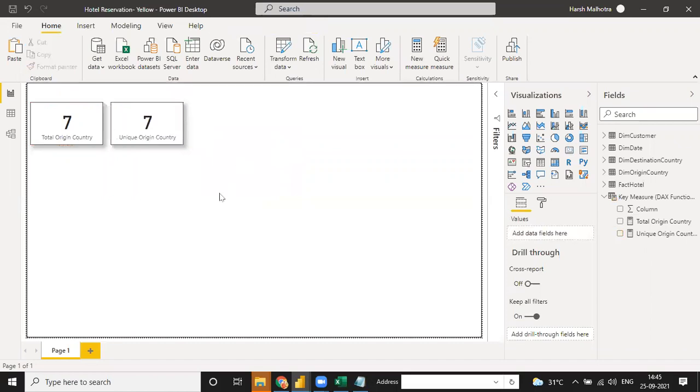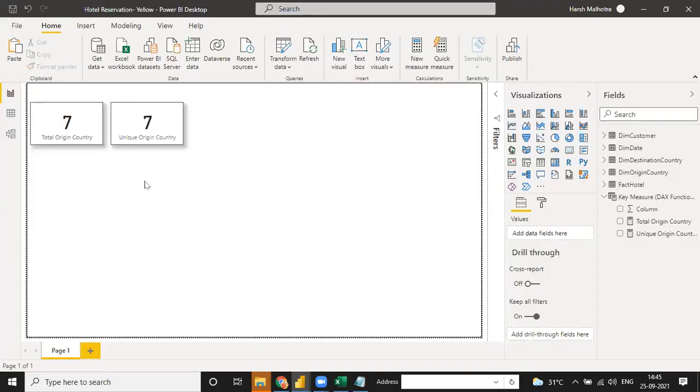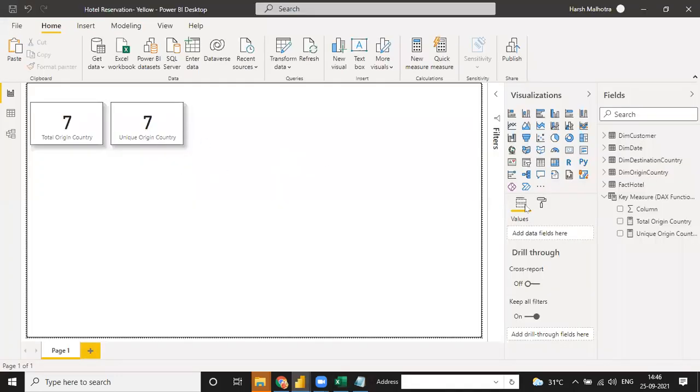Okay, so there are many functions guys, but suppose your requirement in Excel is total country, you have to find one answer only. Either you can use distinct count or count rows or count if, any function you can use, but you have to follow your guideline, your requirement. Whatever your requirement is, any function you can use. So now two functions we are using for the same thing.